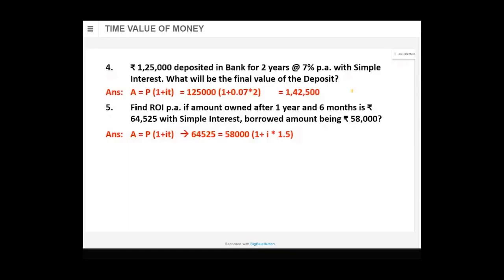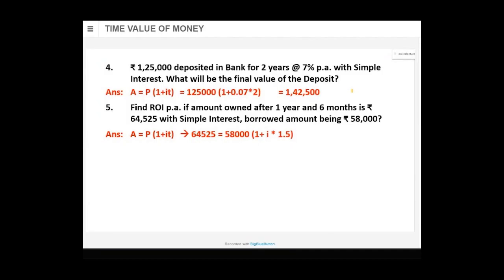Find ROI per annum. If the amount owed after 1 year and 6 months, 1 year and 6 months means 1.5,